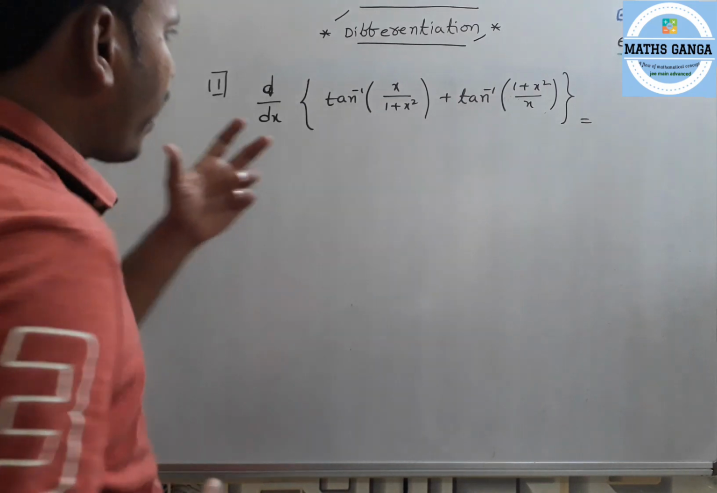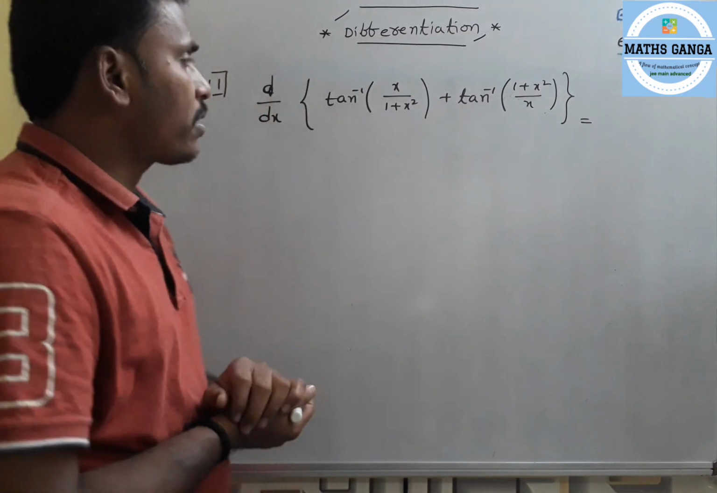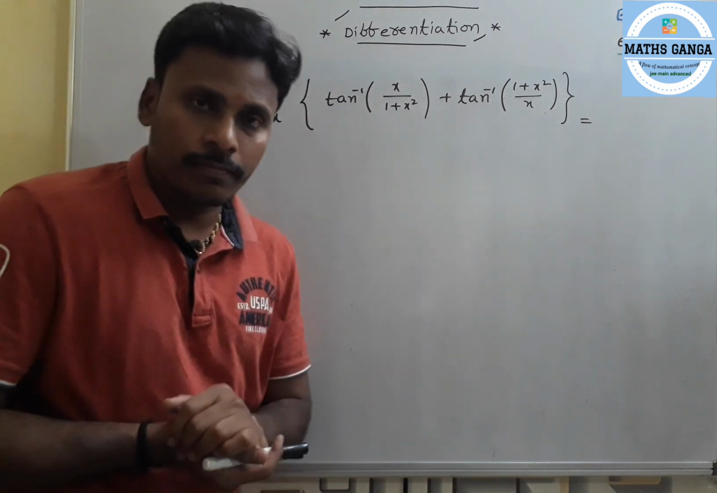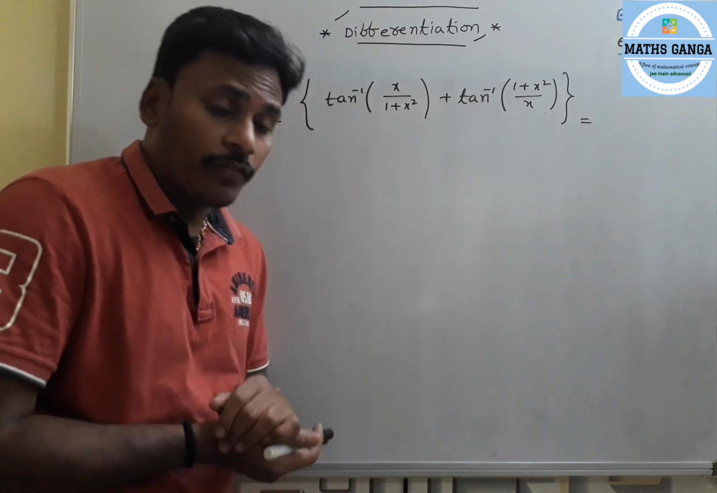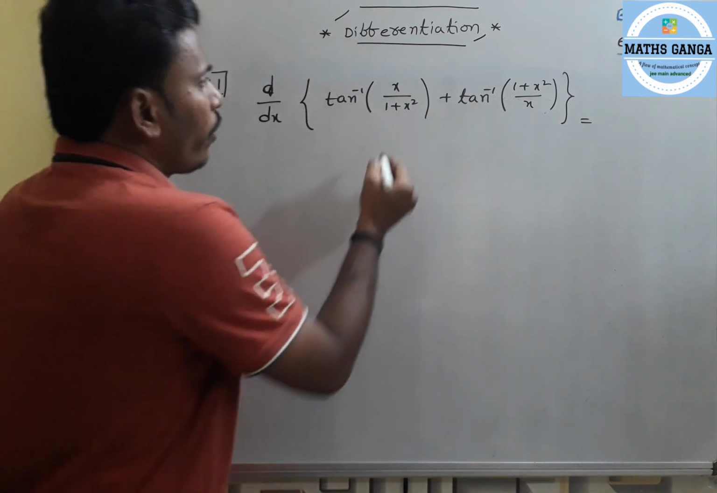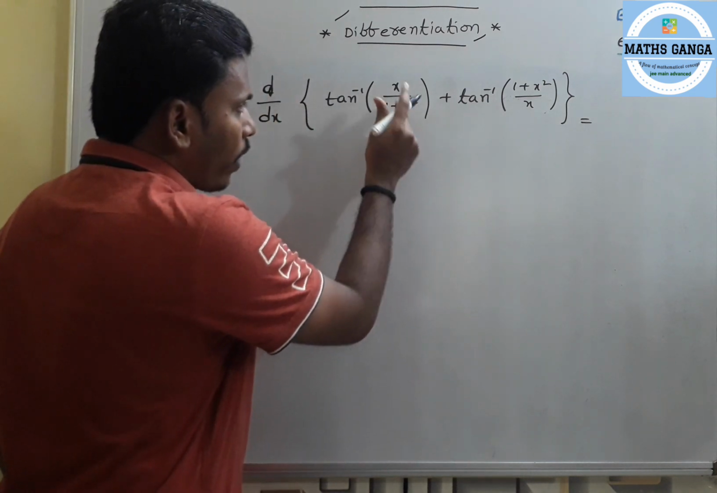d by dx of tan inverse of x by 1 plus x square plus tan inverse of 1 plus x square by x is the next problem. Just observe it first. Before going to calculate the differentiation, try to simplify it. So observe it. Treat this x by 1 plus x square